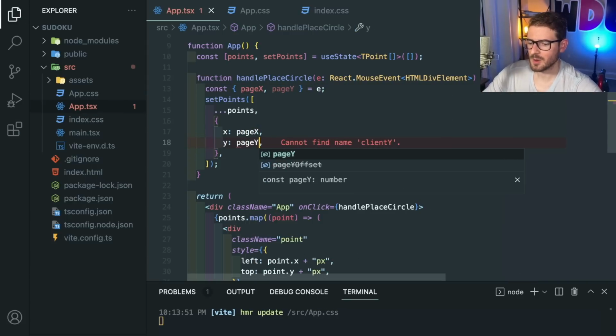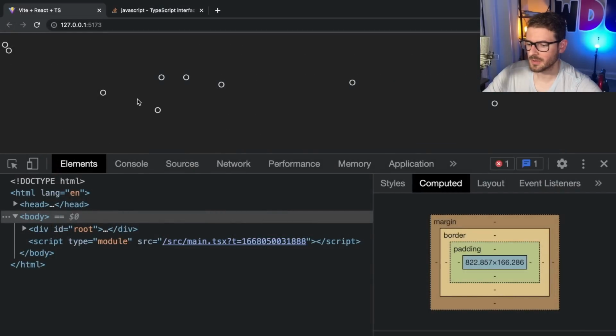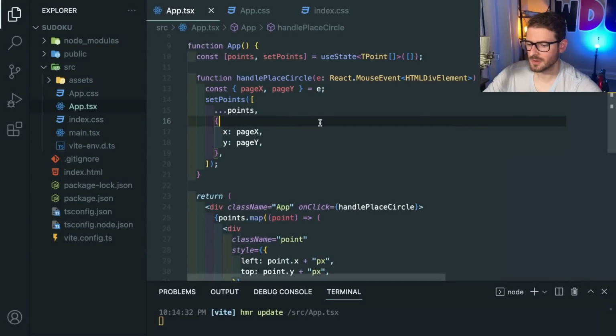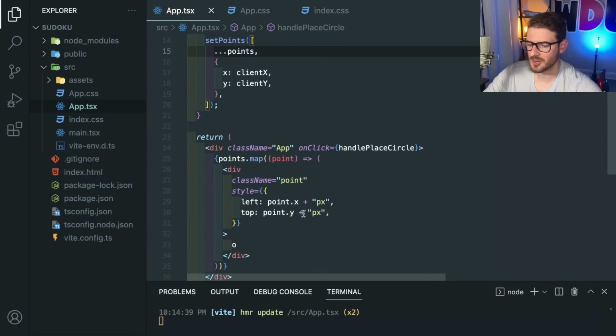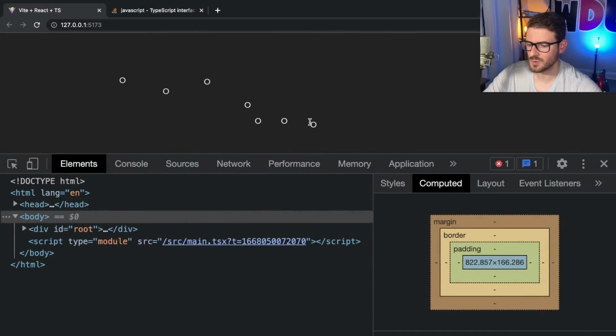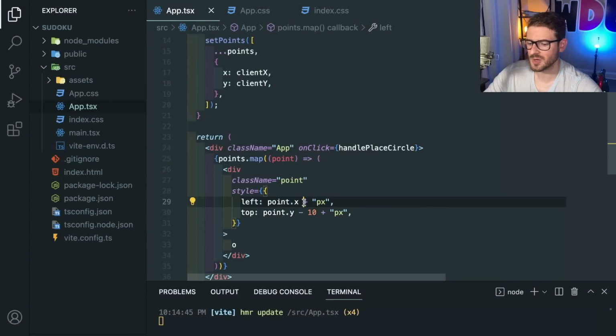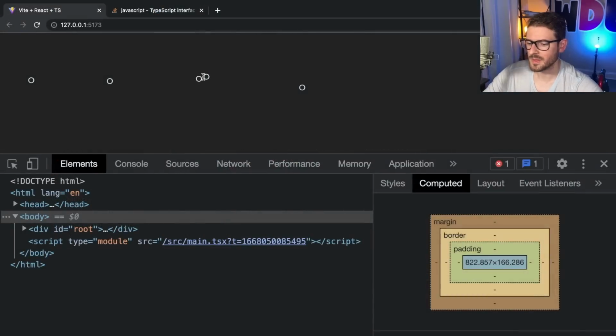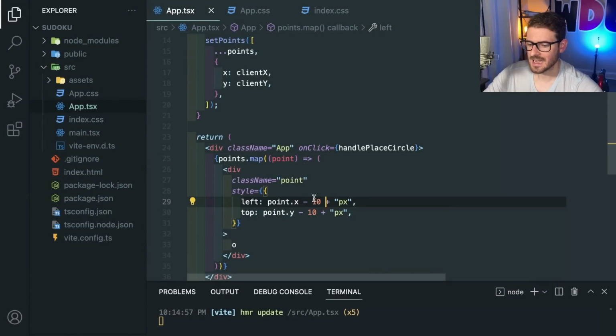But I mean, I wouldn't dock you points if you use the wrong thing here. Nope, that's still not the right one. Let's just go back to client X and client Y. It doesn't really matter. You could also just subtract some offset. Like if you get stuck on a problem, don't worry too much. Just do a quick fix to make it look a little bit better. And then say that, hey, I'll go Google it on Stack Overflow to find a better solution. Again, you could also subtract an offset here